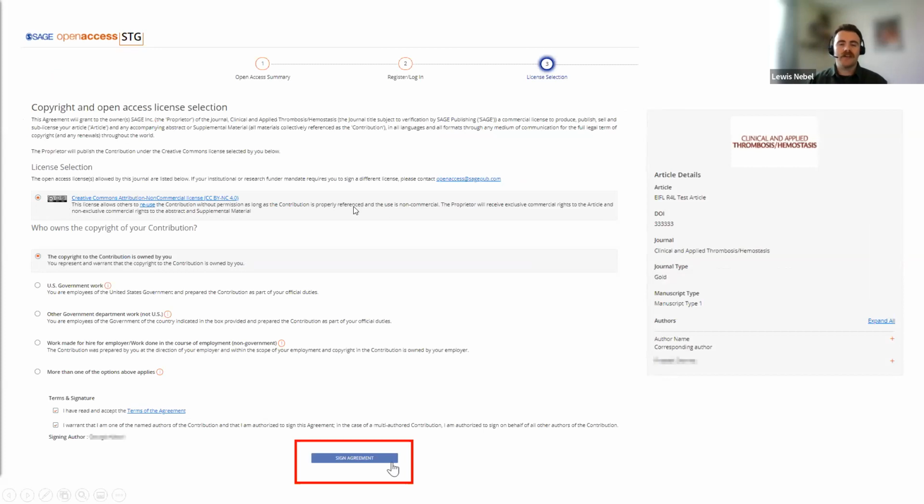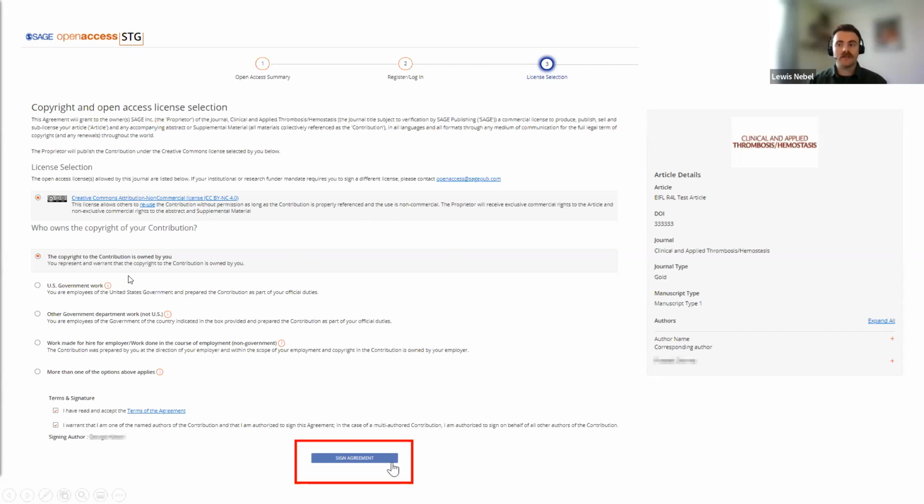And then some funders will have specific requirements around needing it to be CC BY, so the least restrictive license possible. The Sage standard, if this isn't in place, is CC BY-NC. Authors can request different Creative Commons licenses, and this is reviewed on a case-by-case basis depending on those factors, and then we can arrange that separately.